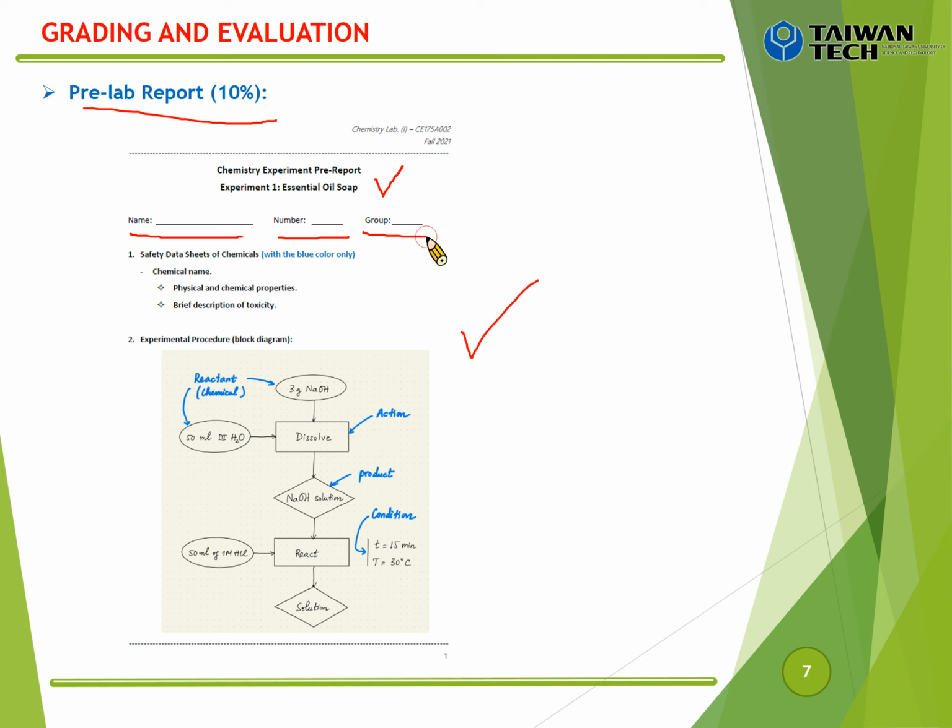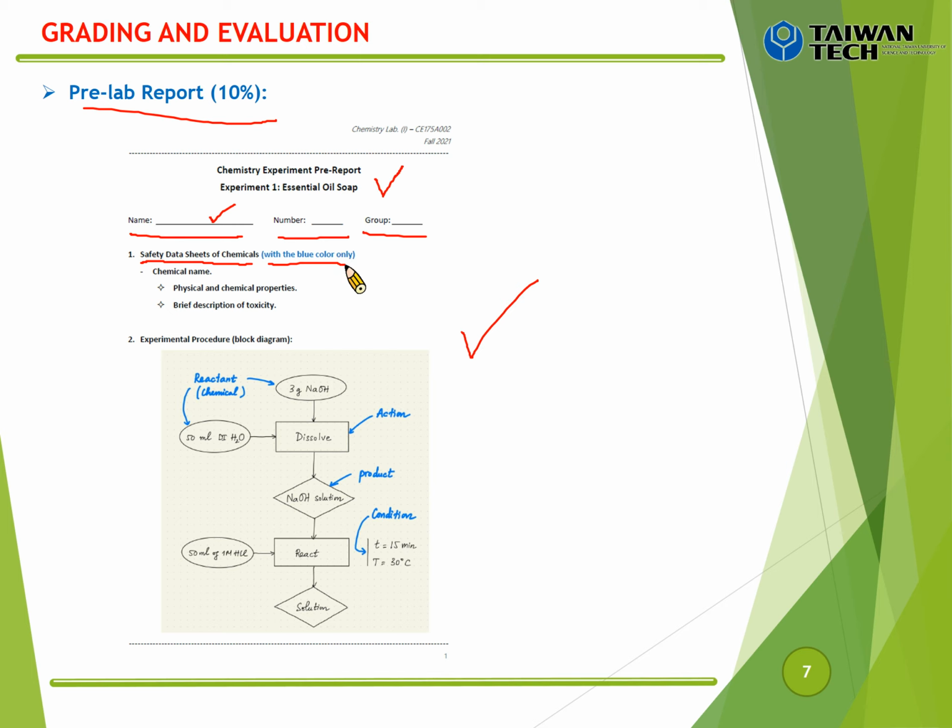Okay, and group number, because you have 2 students in one group, right? For the students who come to the lab, you need to submit only one report for one group, but I still need the names here because I will check how many reports you write. Okay, so in this report you need to check